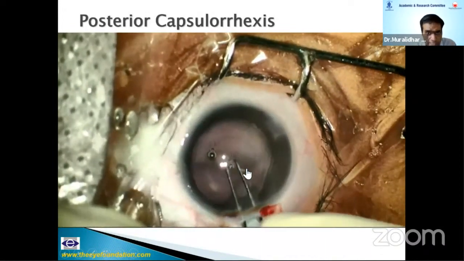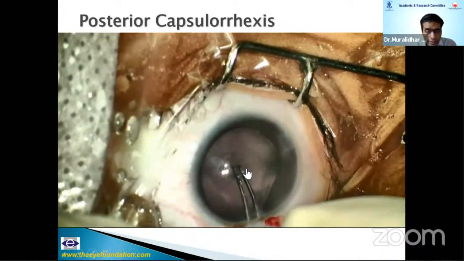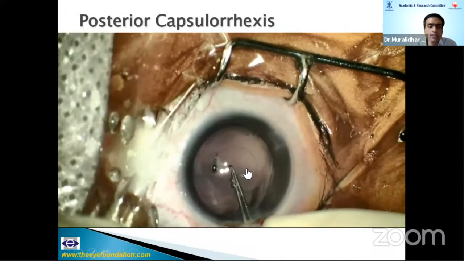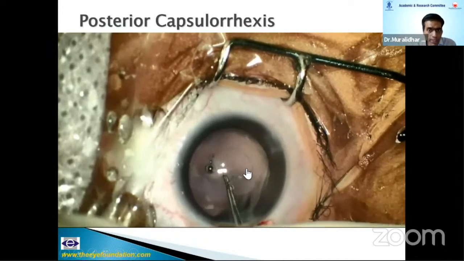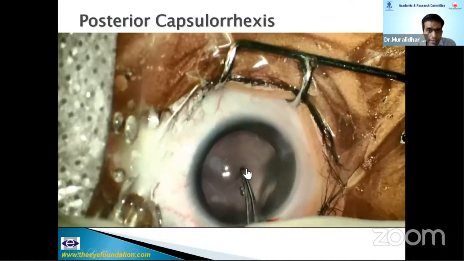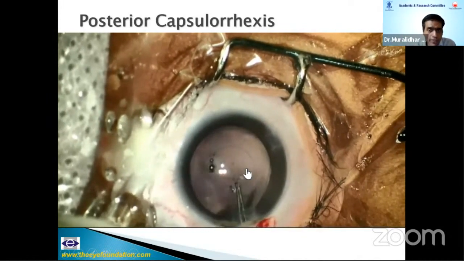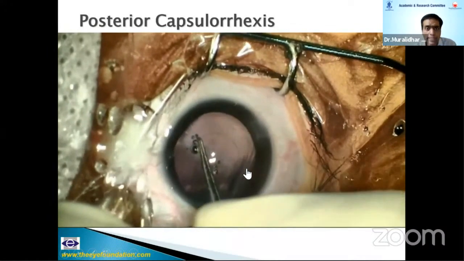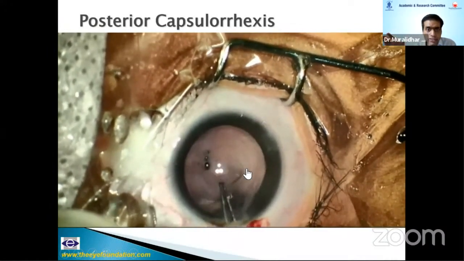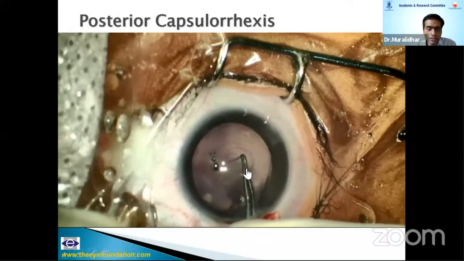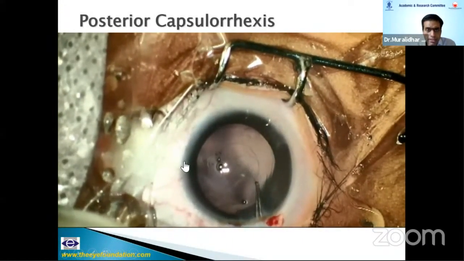Posterior capsular rhexis is slightly easier because the capsule is not that elastic. You have to do a sideways puncture. Try not to get vitreous disturbance, because if you get vitreous disturbance, the rhexis becomes a little complicated. I do it before IOL implantation when I'm implanting a single piece IOL, and I do it after IOL implantation whenever I do a 3-piece IOL. Because 3-piece IOLs, whenever you use an injector, turn in the anterior chamber and sometimes they can rip the rhexis, and that causes a lot of trouble.